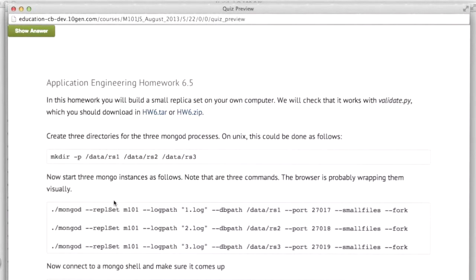Alright, so for this homework we asked you to set up a 3-node replica set, and at a high level basically what you need to do is start 3 normal mongods, but you have to give them the --replSet command line option, giving it the name of the replica set. You give it the data path just like you would a normal mongod, except each mongod in this replica set needs a different dbpath, and it needs to be on a different port